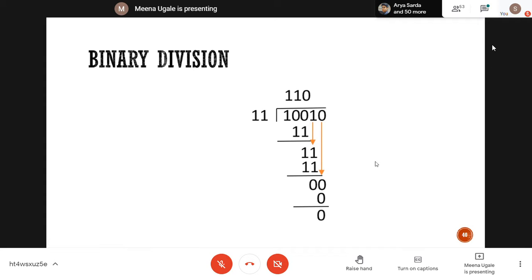Again, as I said, in binary multiplication and division, sums will not be asked in the paper. It is not clearly mentioned in your syllabus. For your practice, if you want to try 1 or 2 examples, you can go for that. I have just included here so that you will get the idea for multiplication and division.